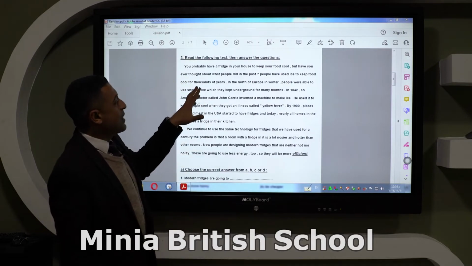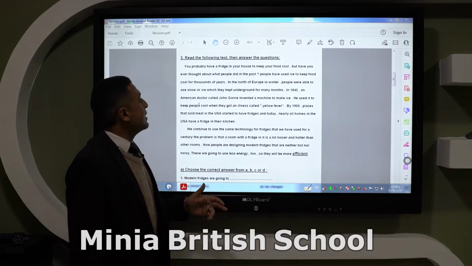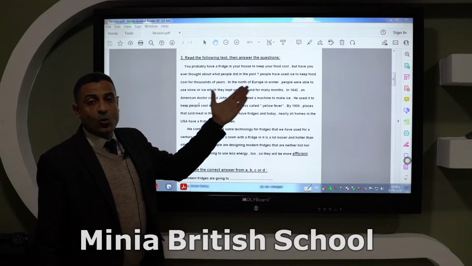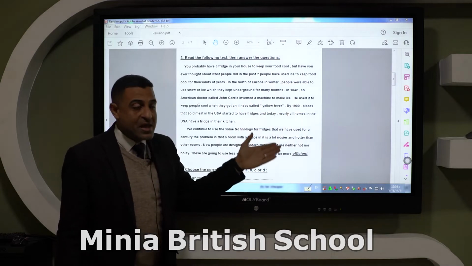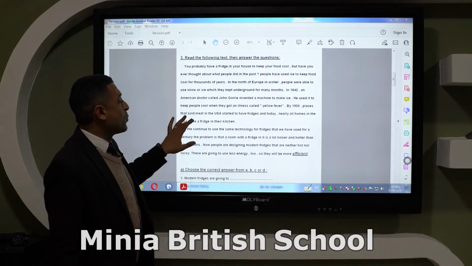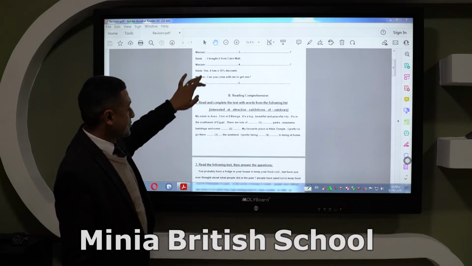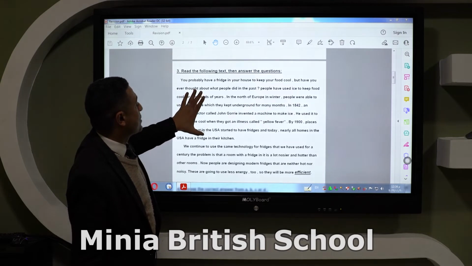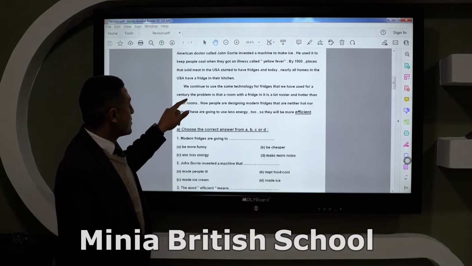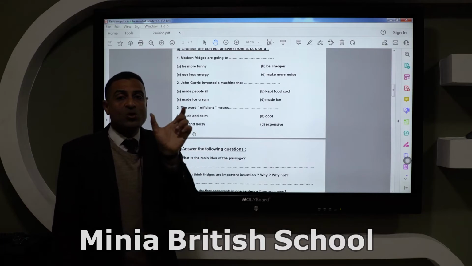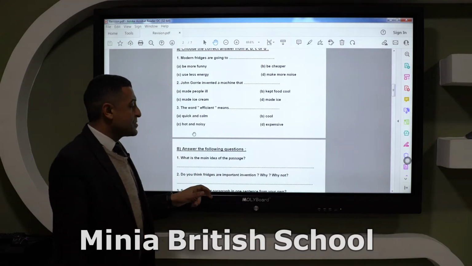In general, it's talking about the fridge and the importance of the fridge in our houses. Okay? And when did they invent the first machine that makes ice? Okay, and why did they make this machine? So here we can find that we can use many different sentences to talk about this part. If we want to summarize, to make just one sentence to give us the main idea of the first paragraph,